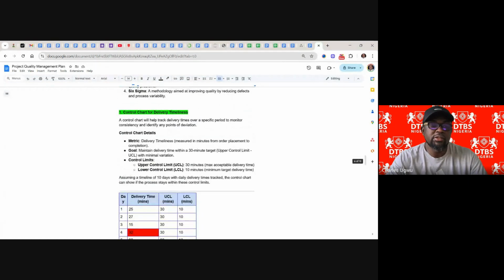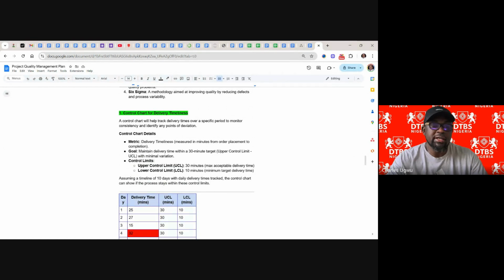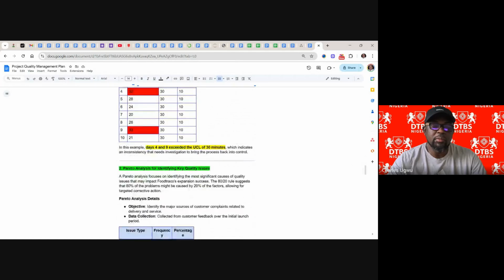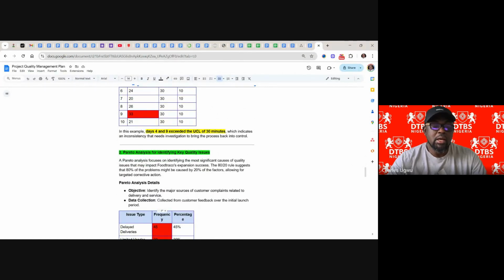So that is control charts. If you want to use control charts, we apply control charts here, and we're using it to handle the delivery people, and it's coming out fine. And then we'll have